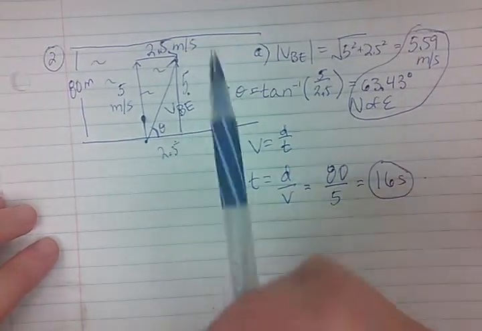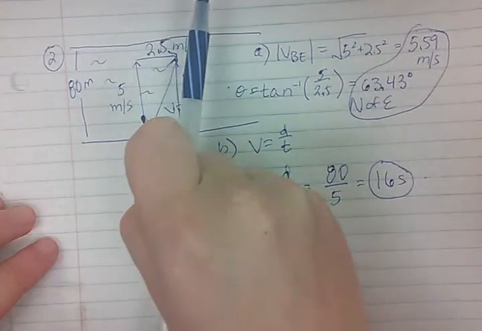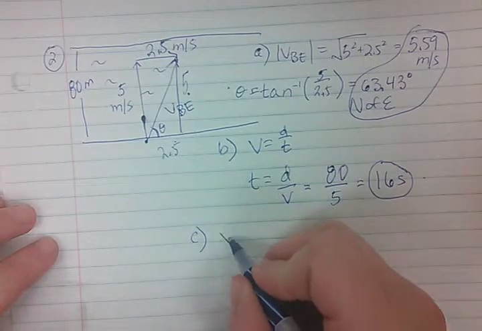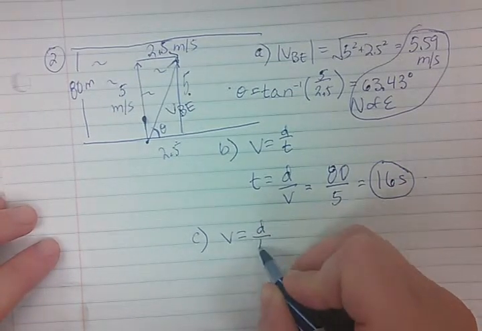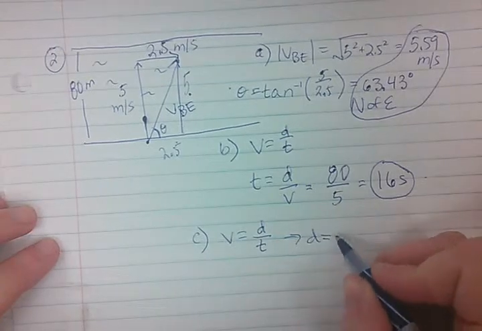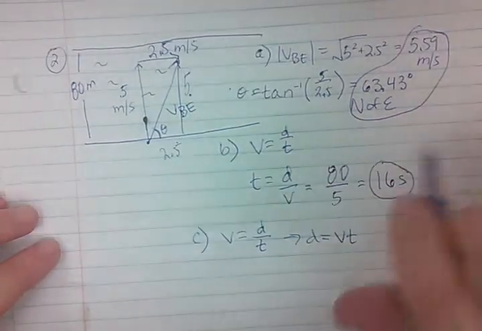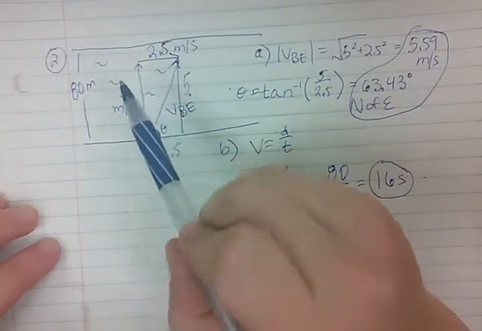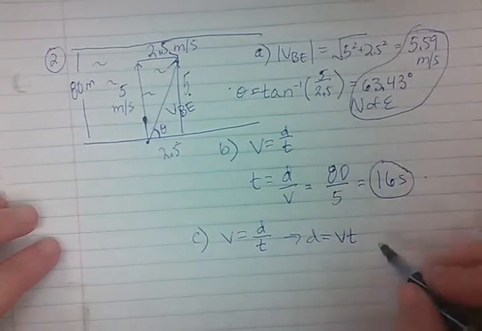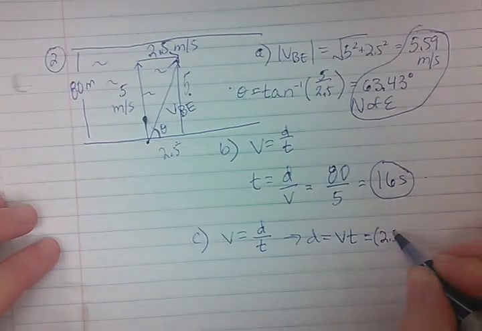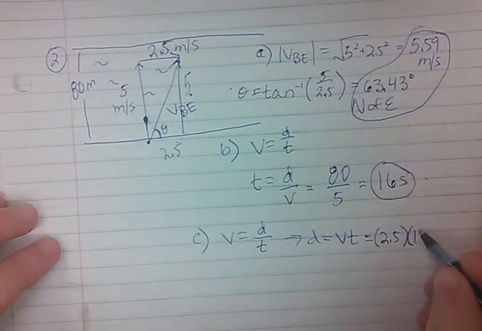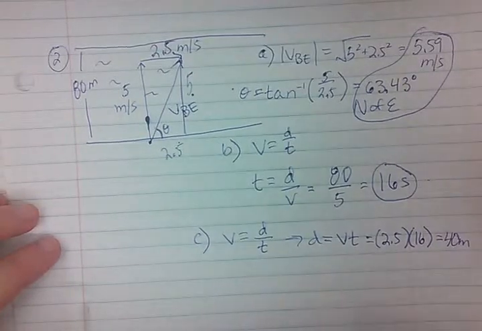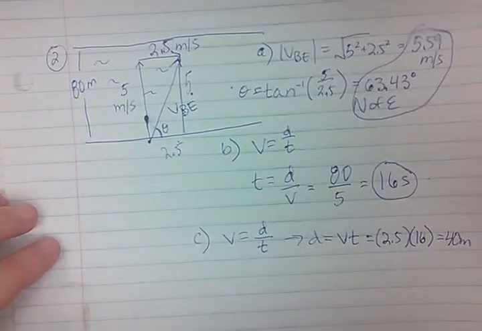The next part of the problem asks us basically how far downstream the current will push the boat. Again, we want to use our ninth grade equation for speed, rearrange it for distance. In this case, we want to find out how far it travels in this x direction, and we know its x component of the velocity. It's 2.5. We figured out the time in part B of the problem. So again, it ends up downstream 40 meters,